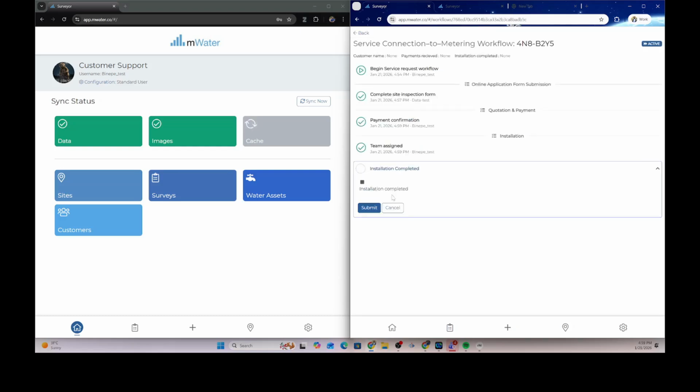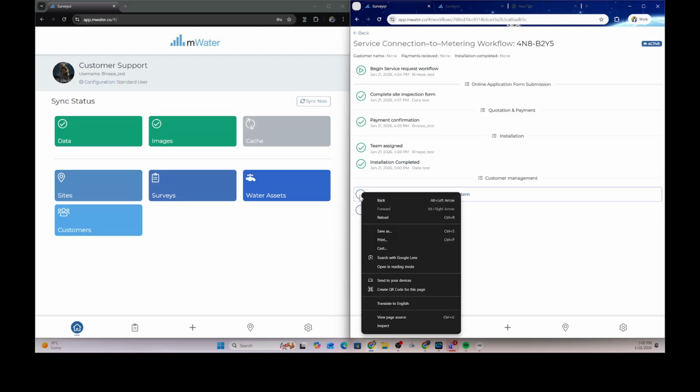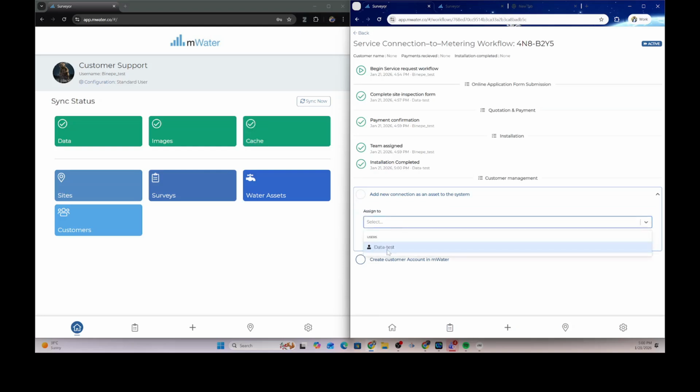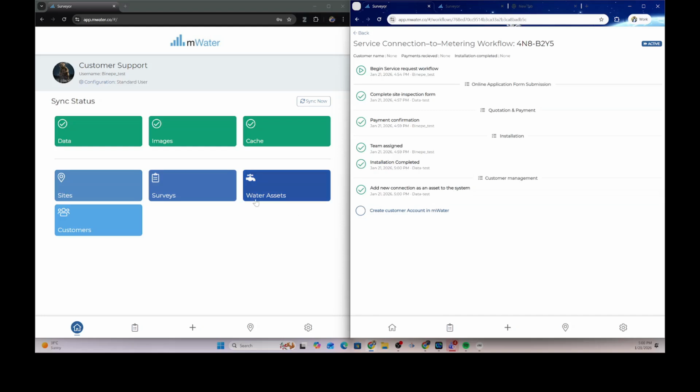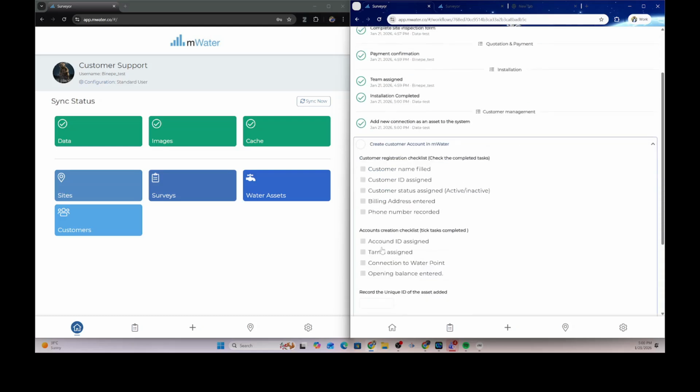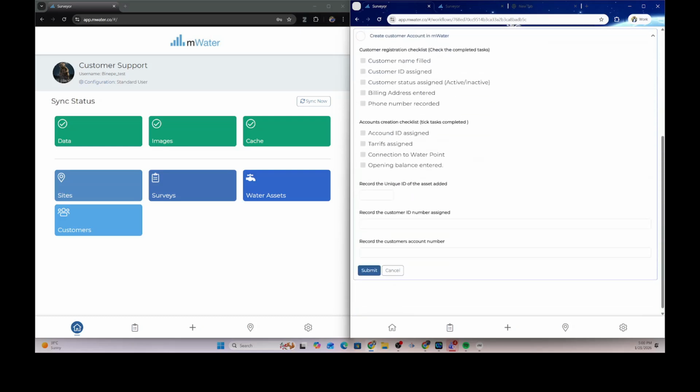So after they're done with the installation, they will fill this in and verify it. Since we allowed them to create accounts, they can go ahead and assign, and the same thing can be done by the customer support individual. But within your organization, you can structure it so that some of these responsibilities do not overlap, so it's very streamlined. And this person can check that they have performed these particular tasks,